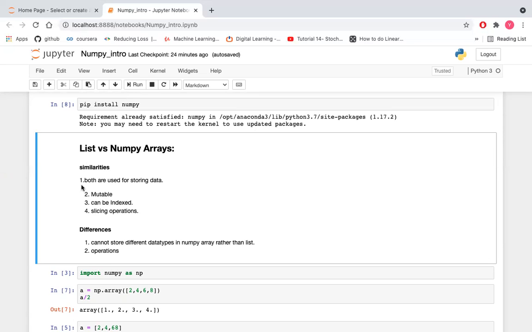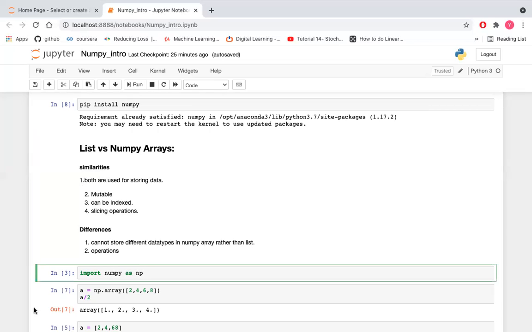So let's discuss the differences between list and numpy arrays. In a list we can store different data types, but in a numpy array we cannot store different data types.